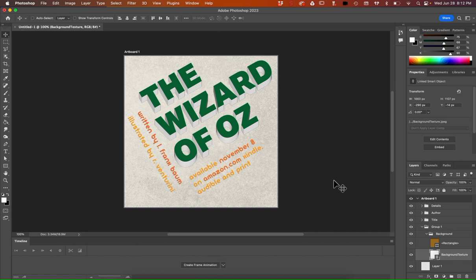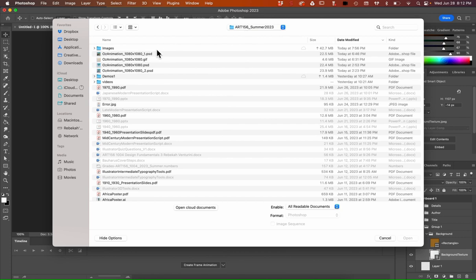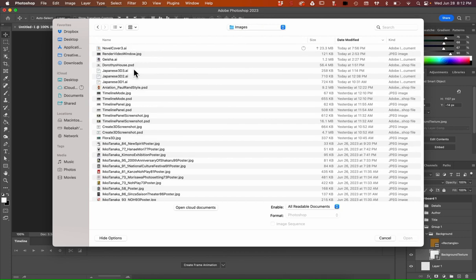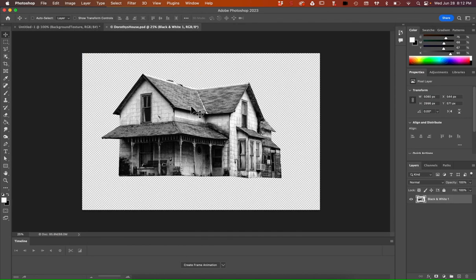The next thing I want to do is bring in a photo. So I'm going to go to File, Open. I already edited this photo in Photoshop. And so I cut out this house here. Let's see, Dorothy's house. And I turned it into black and white, and then I applied a pixel, I just forgot what it's called, like a halftone pattern to it. Okay. So I'm going to select this house by holding down the Command or Control button and clicking on